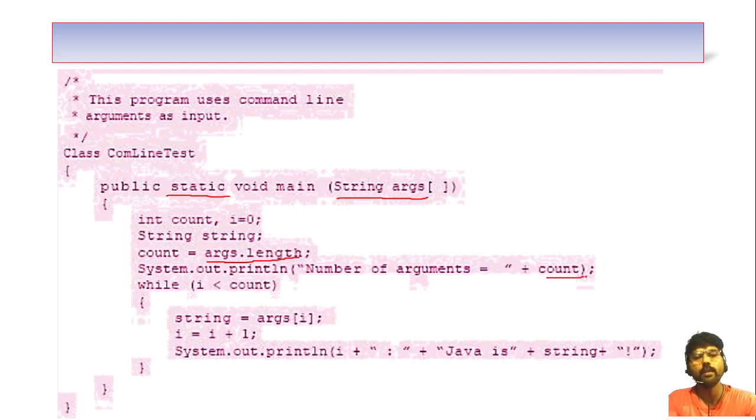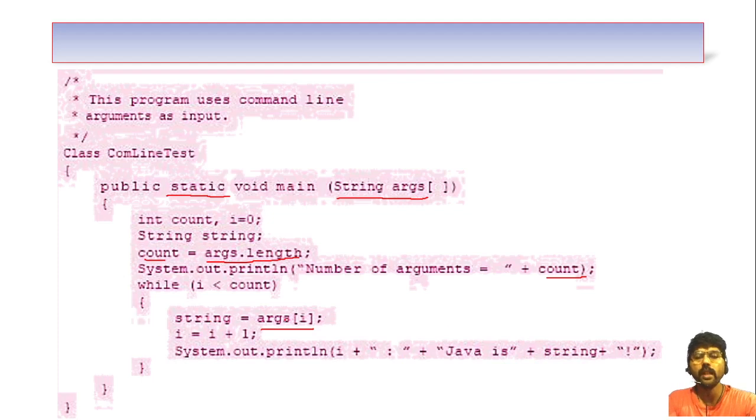How many arguments you passed is displayed here because it is stored in count. Next, I have used a while loop, and it will display. First, it will read all the elements one by one. All the command line arguments are stored in string one by one, and displayed here as 'Java is' followed by the argument.